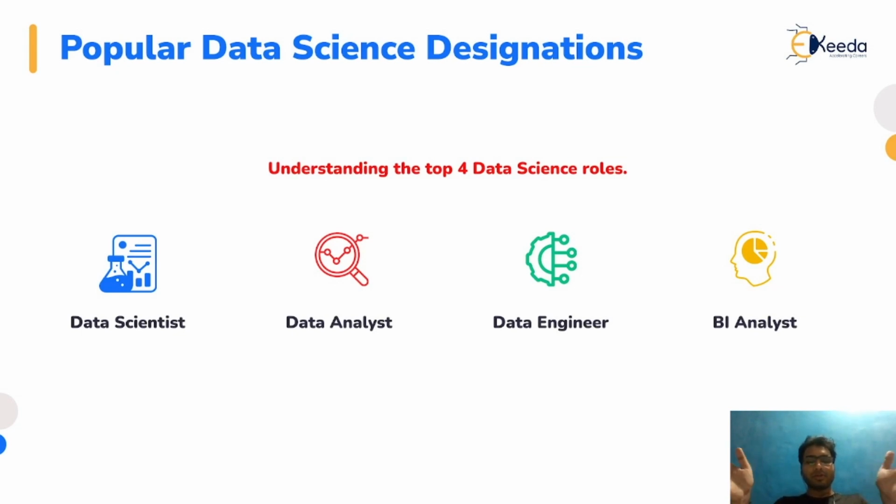If you ask me about the differences between these roles, basically the role of a data engineer is to collect the data, collect the data from certain formats, then pre-process it to make it clean data. So that is the role of a data engineer. Then the role of a data analyst is to derive certain information from that clean data, and maybe do some statistical modeling or machine learning modeling on top of that data and produce the result.